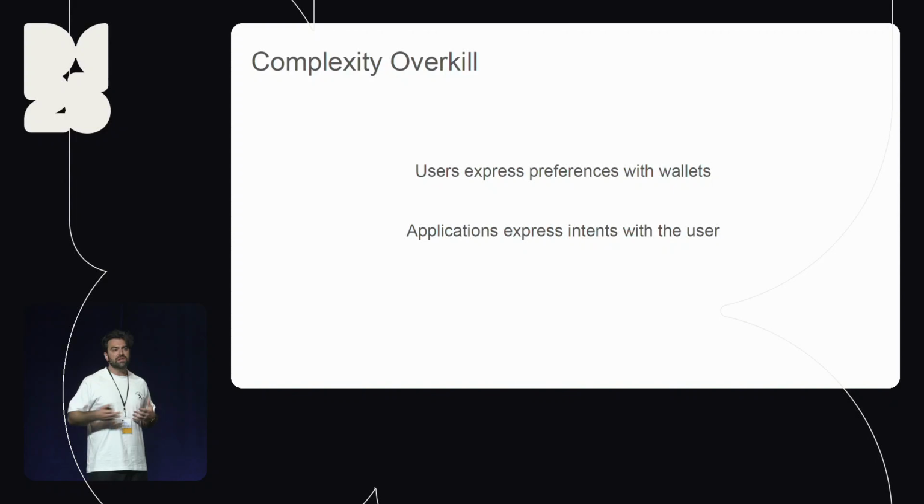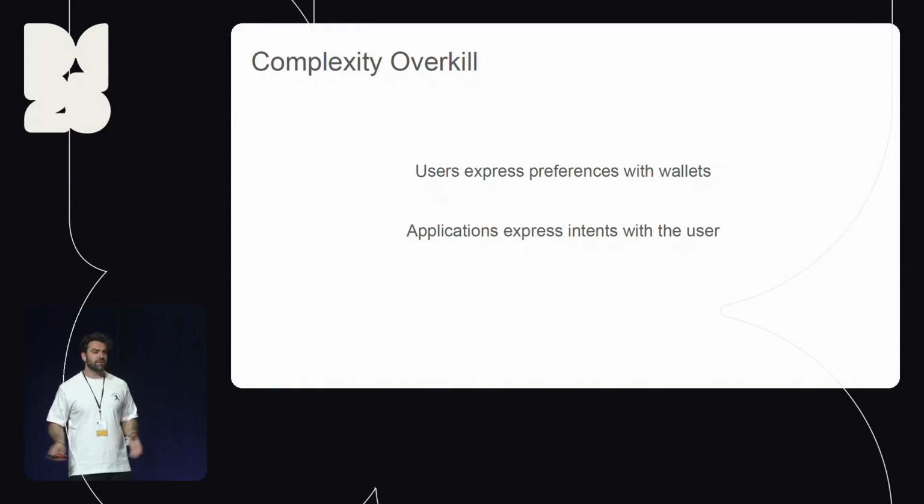Applications just simply express an intent with the user. They're just saying, I need you to do this if you want to progress through the user interface. And there's a stark difference here, right? In your onboarding flow, should you always be asking the same 10 questions that every other app is going to start asking you, which is like, do you want to treat all your stable coins as a single balance? Do you want to spend from every network or only spend from certain networks?